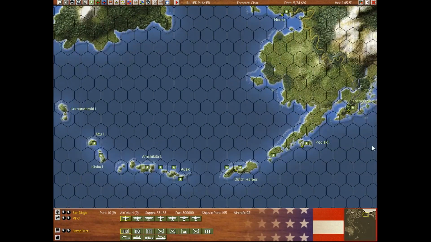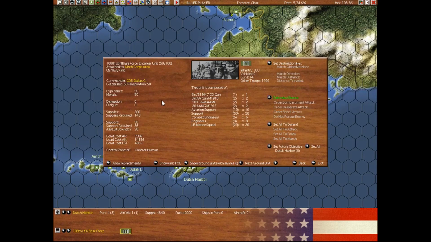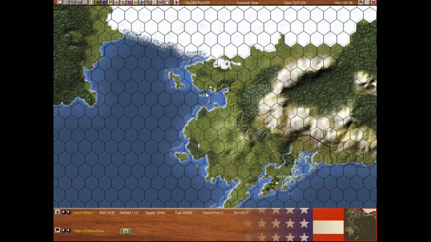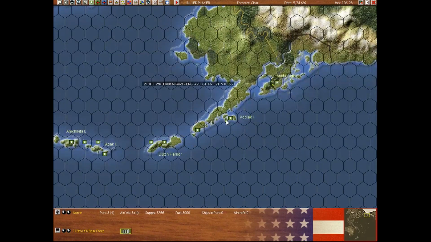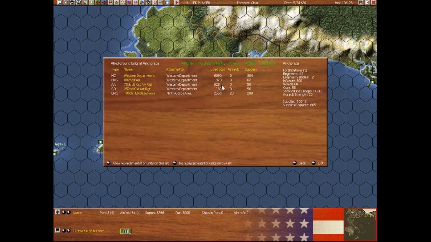I'm going to do an overview of forces, starting in Alaska, heading down the west coast. This is the United States Navy base force. Typically leave those in the base that they are supporting. They're usually there for a good reason. Now in Anchorage, we have the Western Department,